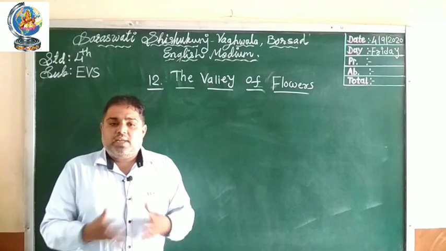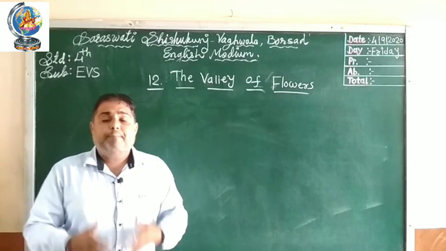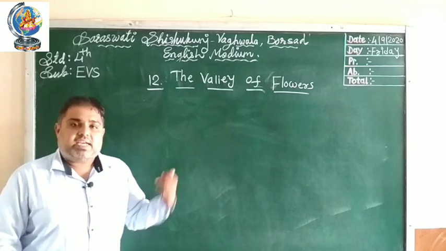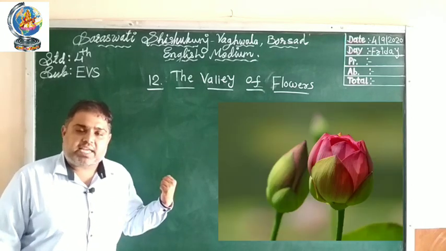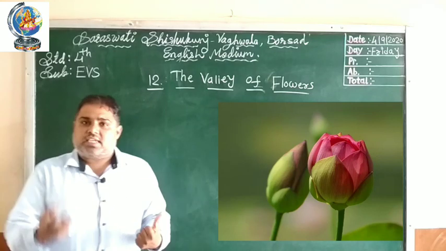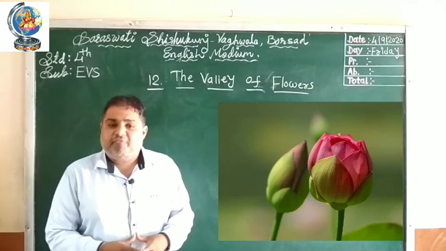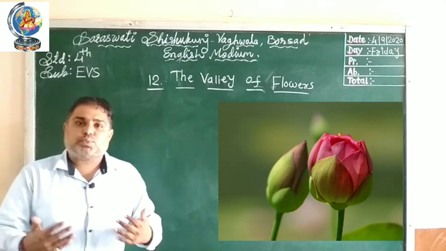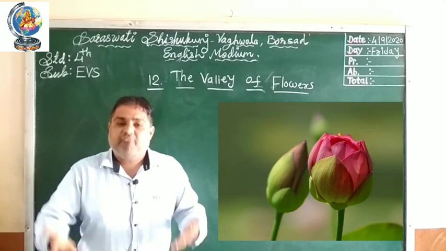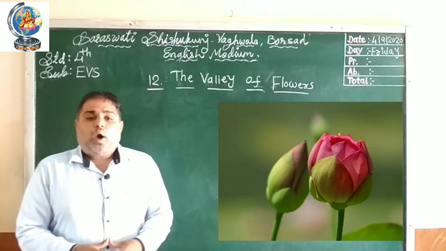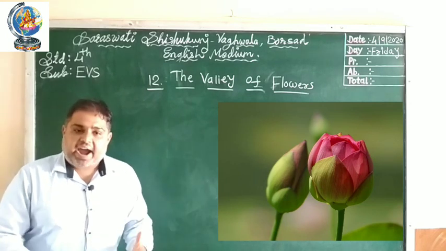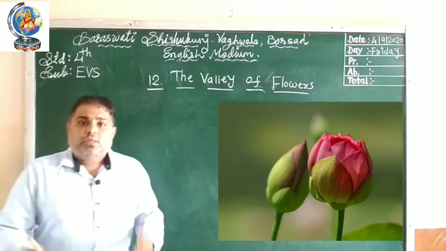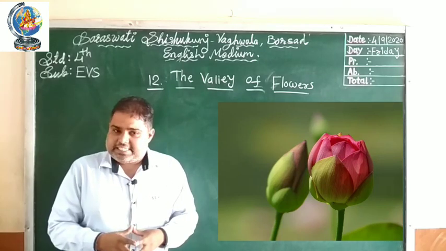Then students, you also studied how a bird transforms into a flower. Here students, you can see one picture. In this picture you can see a bird and a flower. So students, you also studied how a bird transforms or blooms into a flower. So students, what differences do you find between a flower and a bird? So let me give you the answer.